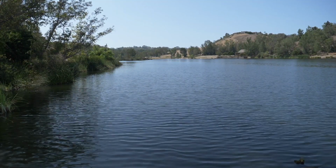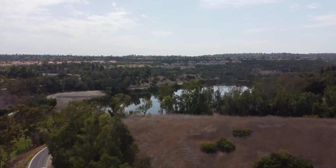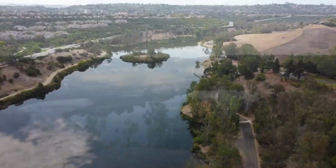What is behind us? Is there a name for this lake? There is. So this is Laguna Niguel Lake, otherwise known as Sulphur Creek Reservoir, and it's approximately 31 acres in size with a maximum depth of 32 feet and an average depth of about 12 feet. We do stock it regularly with catfish in the warmer months and trout in the winter months between November and